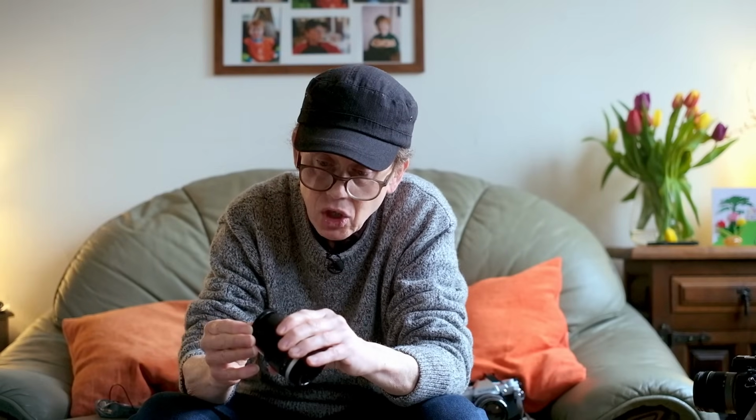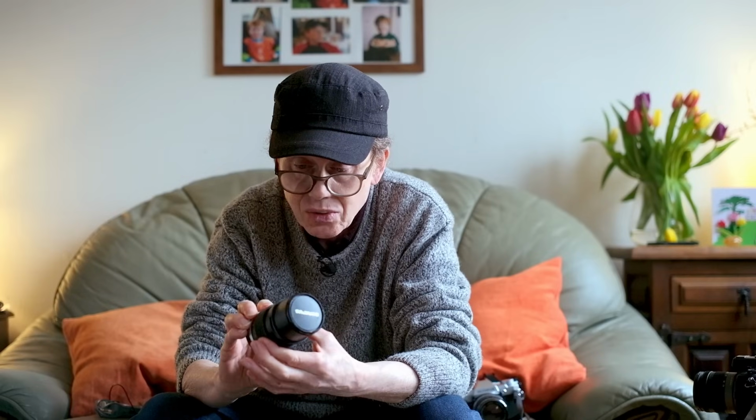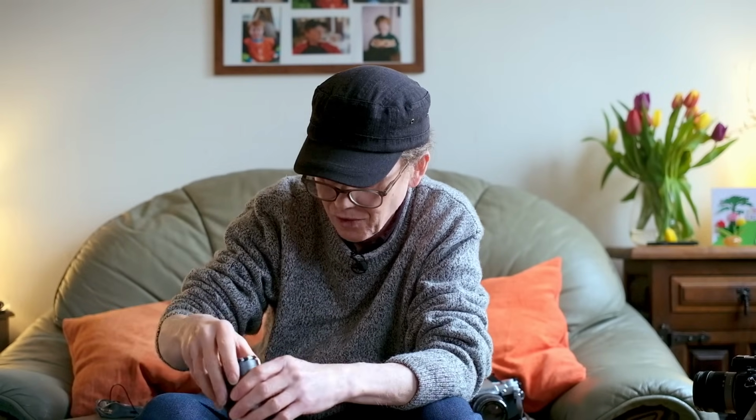Why? Because at 135mm, it's just too long for an only lens. It's just got too much reach for an only lens, and it's limited to certain situations. It's very, very good at certain situations, but not so good at others. And you may find that you're just too near, the lens is just too long, and for that reason I've rejected it. And in fact all the other 135s also that I've put on the list,